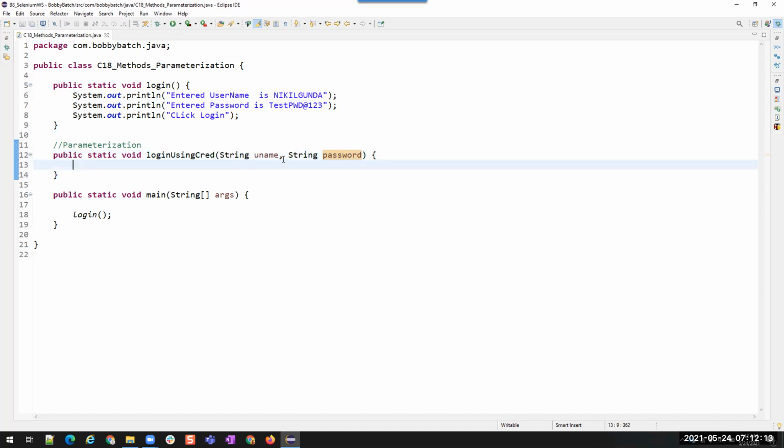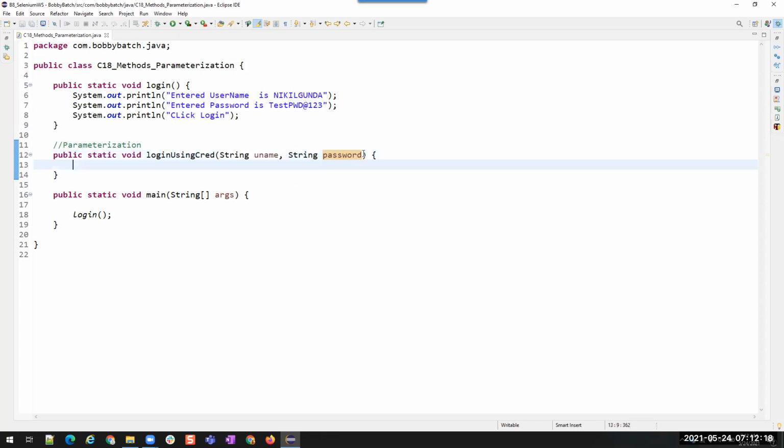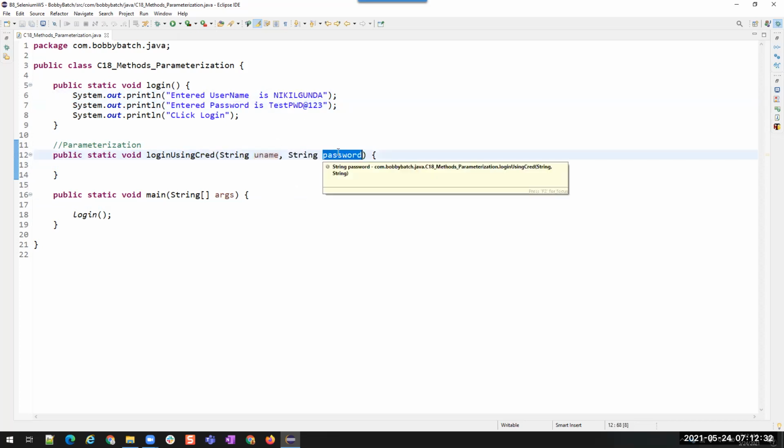Two things. I can add whatever variables I want to pass, or whatever values I'm going to pass from the outside world, as parameters here. So I want two values to be passed from the outside world, that is the name and the password. So I'm passing them as parameters.